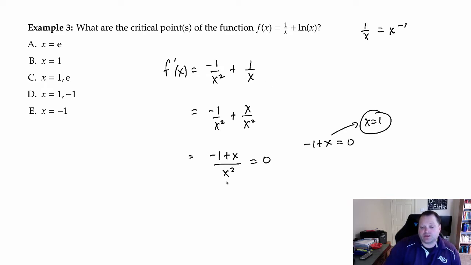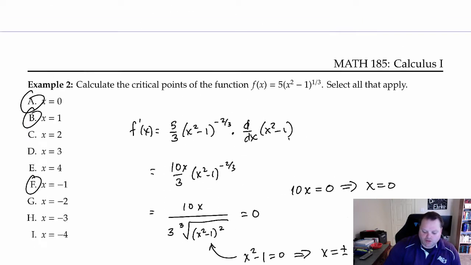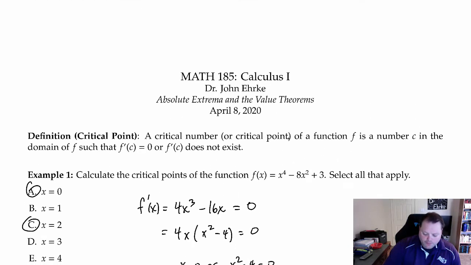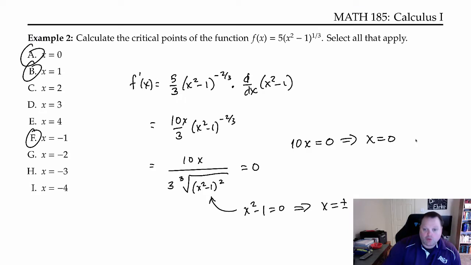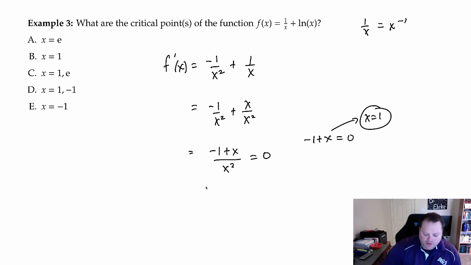And I also look and see that the denominator would be 0 when x is 0. However, I do want to remind you part of this definition of critical point here is f prime of c does not exist, but the number c had to be in the domain of the function to begin with. So if you look at example 2, we found that 1 and negative 1 were critical points because you could plug 1 and negative 1 into this function and get an answer. But yet in the derivative they were undefined. Here in this example, however,